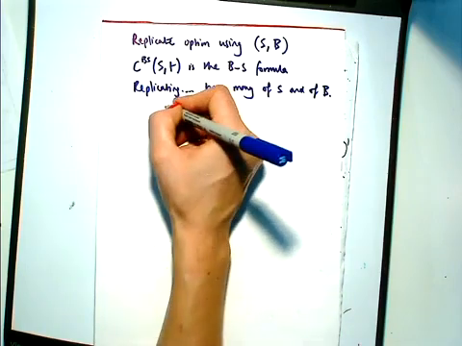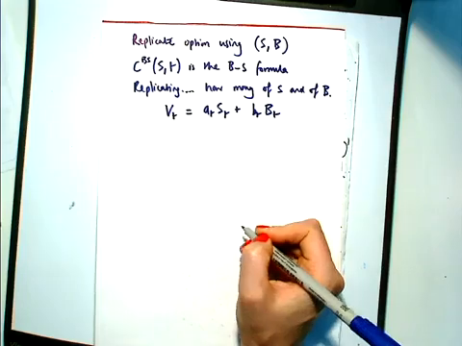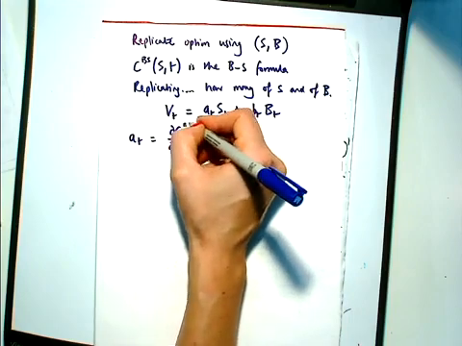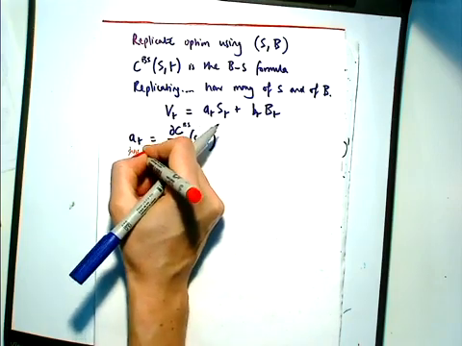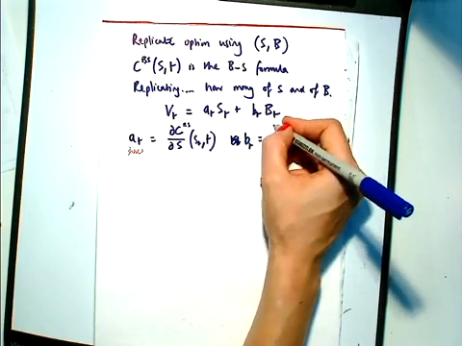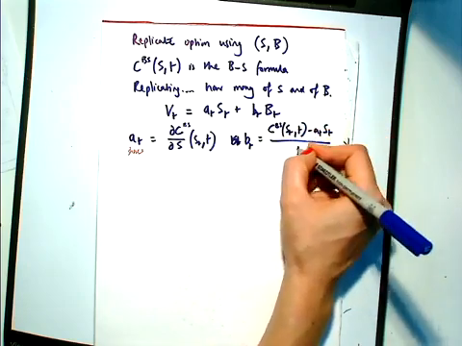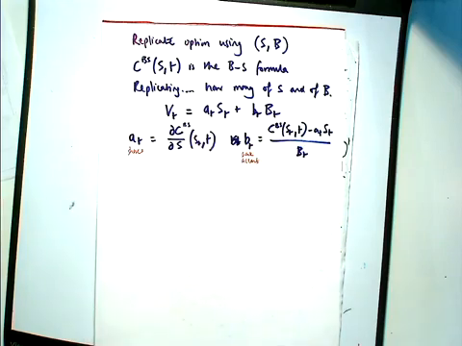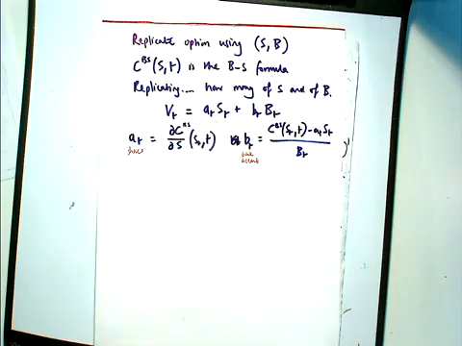So what we're going to do is say that the portfolio value is A_T S_T plus B_T. We're going to say that A_T we're going to hold same as we did before. Okay, so this many shares. And we're going to hold this many bank accounts. Okay, so then, assuming that we hold this many shares and this many bank accounts, and that this is our portfolio value,